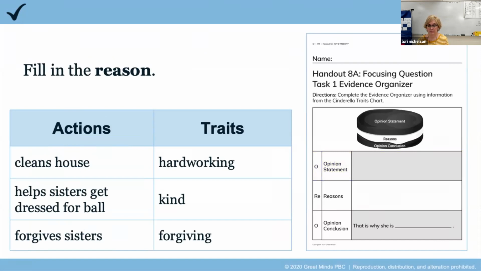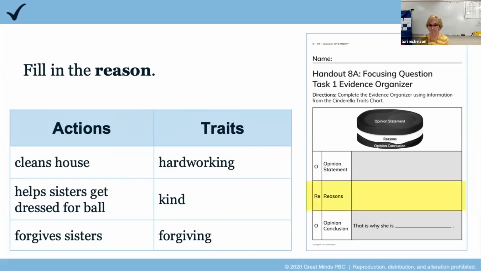In your reason sentence, you will explain an action that shows the trait that you admire. For example, if you admire Cinderella because she is hardworking, your reason could be she cleans the house. If you admire Cinderella because she is kind, your reason could be she helps her sisters get dressed for the ball. And if you admire Cinderella because she is forgiving, your reason could be she forgives her sisters. What I'd like you to do is point to the action that goes with the character trait you chose. Are you pointing? Okay,